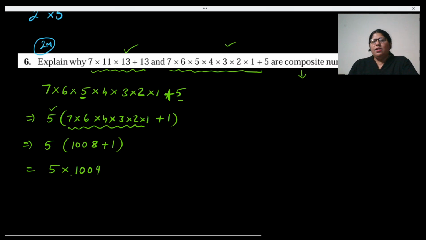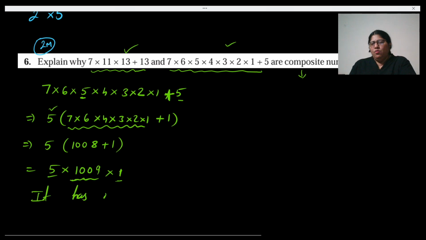Now you know that 1 is a factor of every number. Also here itself I can say that it is a composite number, but you need to write it down. This shows that, don't forget to mention 1. Otherwise, you can't say there are more than two factors. So all know that 1009 will not be divisible by any other number. So 5 is a prime number. 1009 is also a prime number. So you can write here, but 1 is another factor. So you can write here, therefore, it has